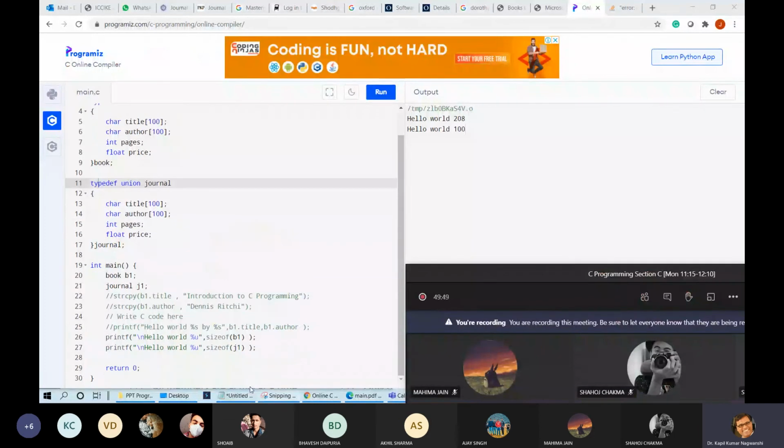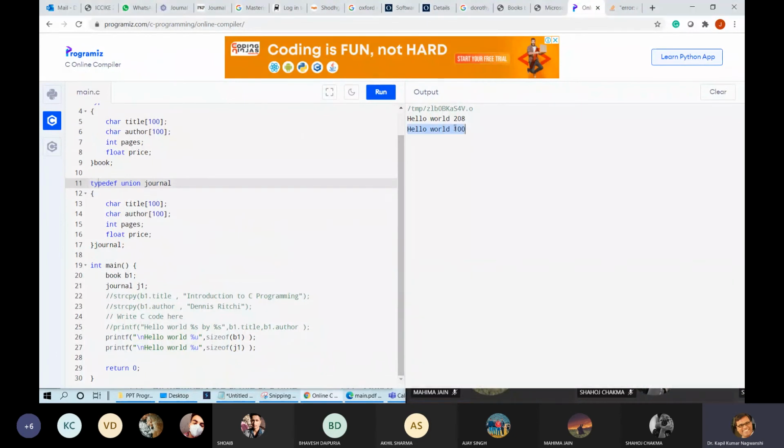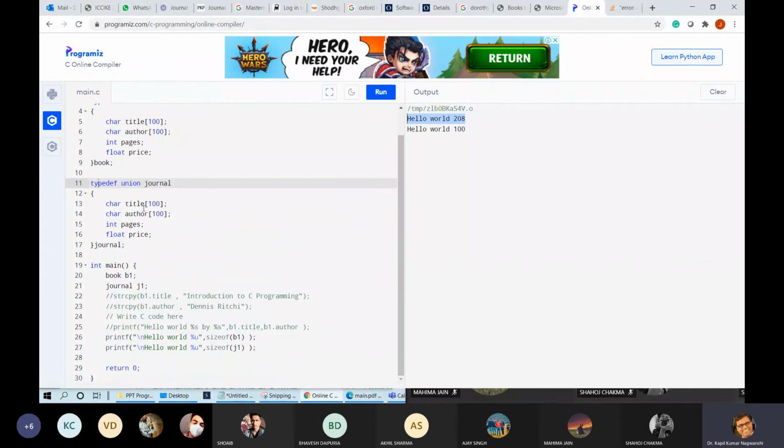Even if you check the whatever data you are storing, it will take 100 bytes only initially. Initially, storage will be taken, so how this 100 will be decided. Whatever maximum is coming, that is the size of structure or union. Okay, so here in union the size is 100, maximum storage.